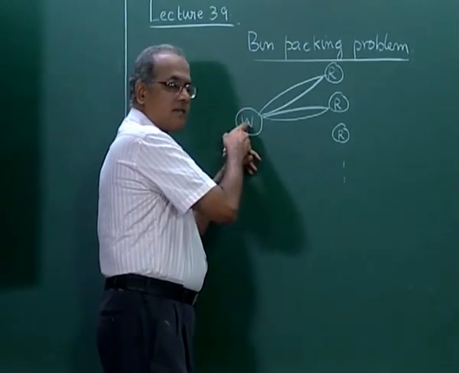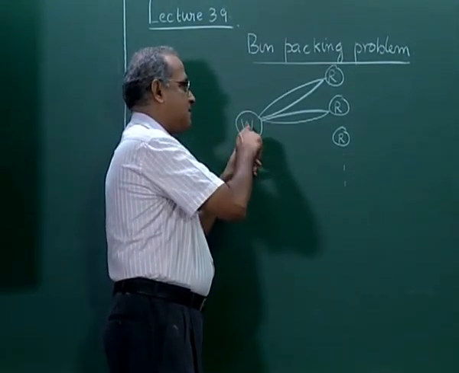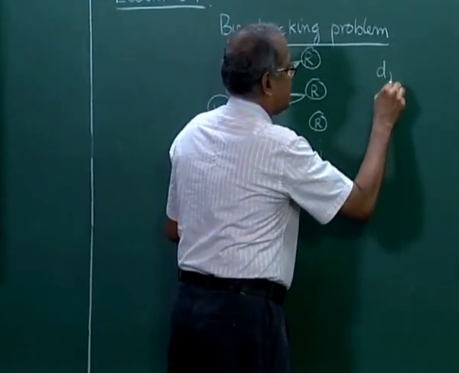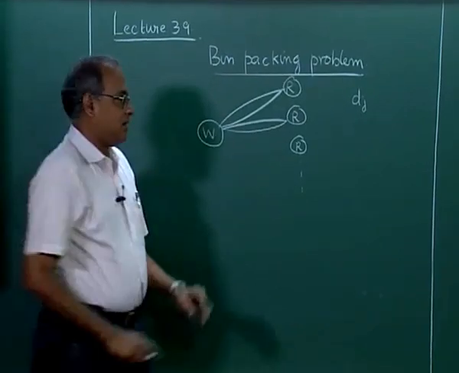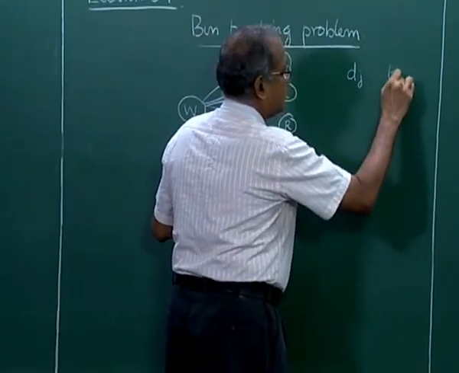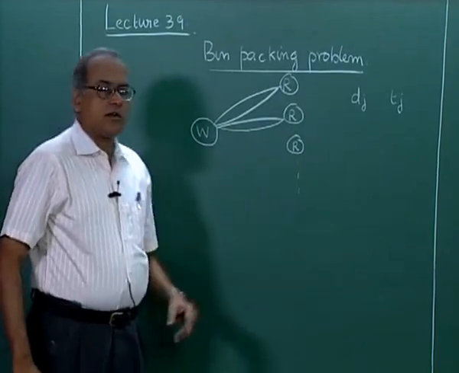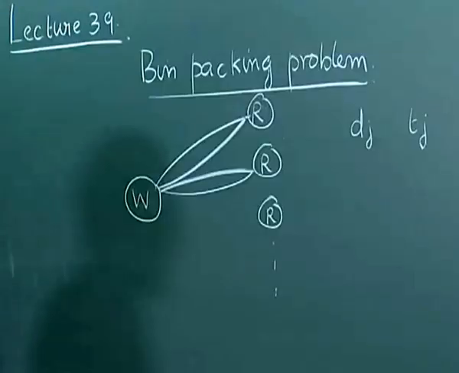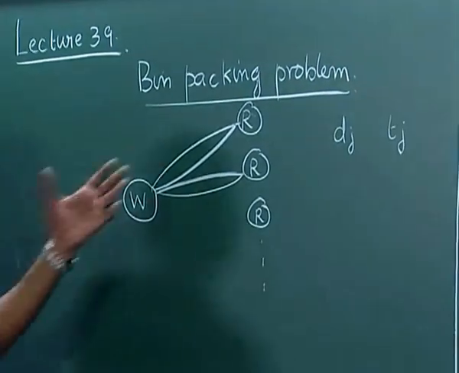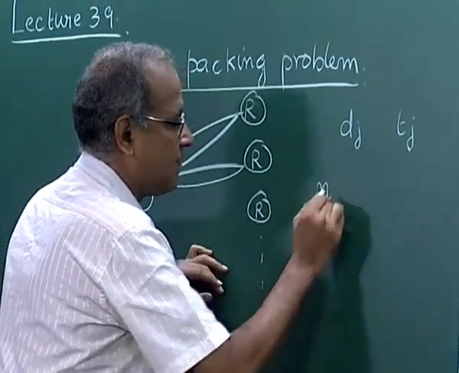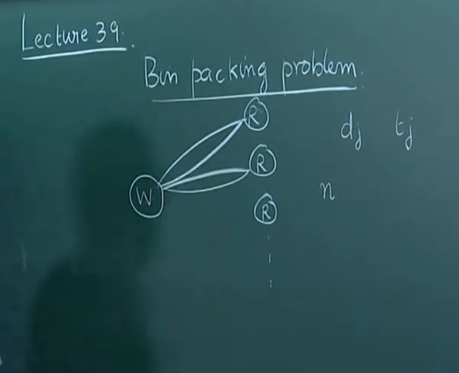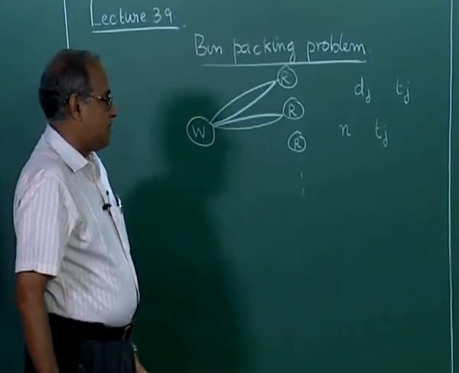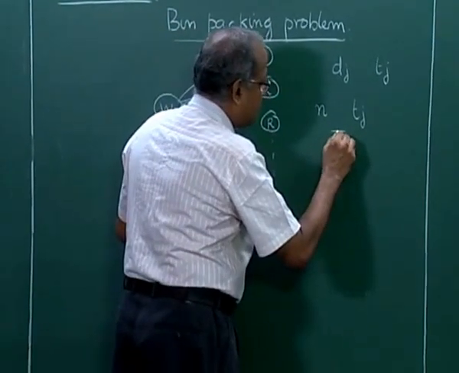So, the distance or time the truck takes from the warehouse to customer j can be given as dj or cj, or tj if it is the time taken. This time would include the loading, the unloading as well as the transportation time. Now, given n customers where customer j requires a time of tj, and if a vehicle is available for t time units,